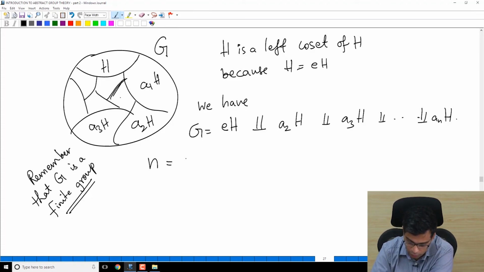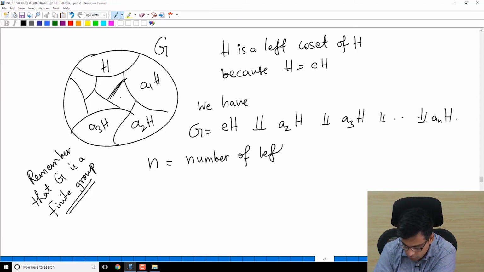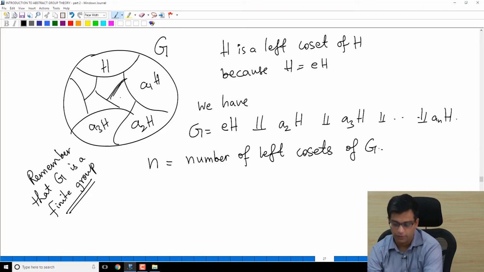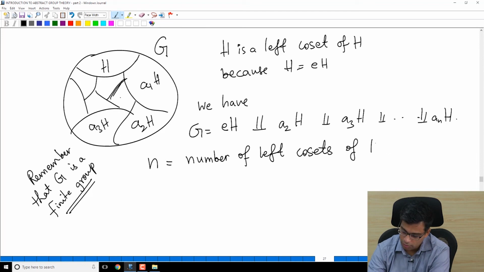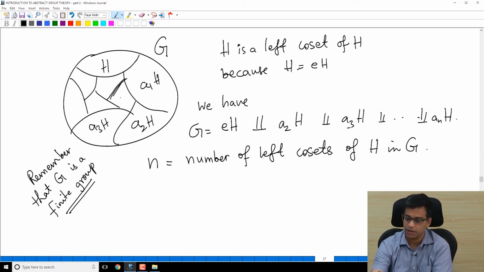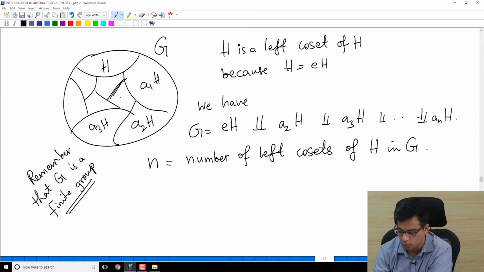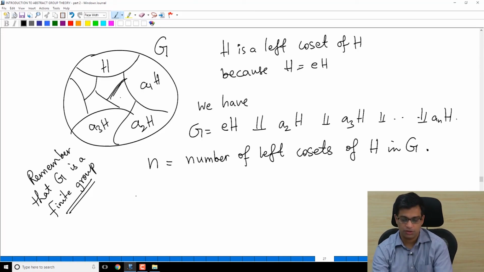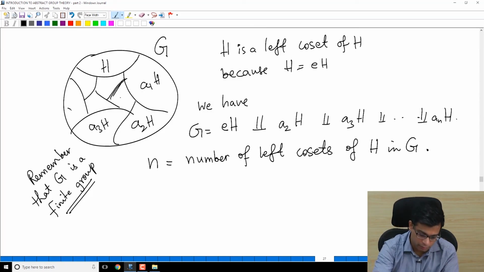N is the number of left cosets of H in G. N, because A1H, A2H, A3H, ANH. It's the number of left cosets. So n is the number of cosets that are distinct among all the cosets of H in G. So now, because G is partitioned by